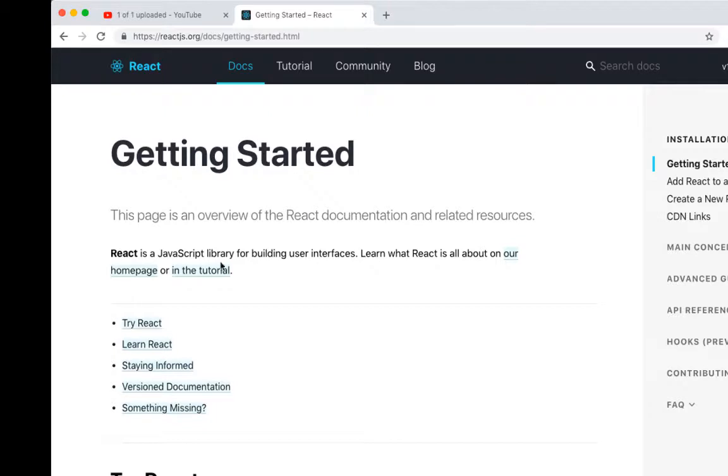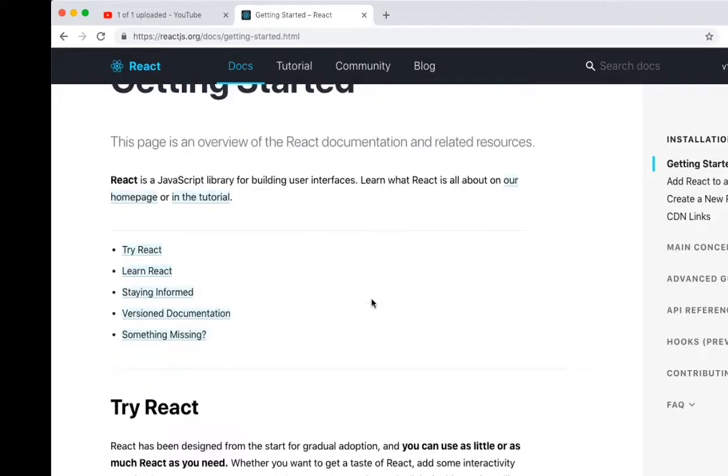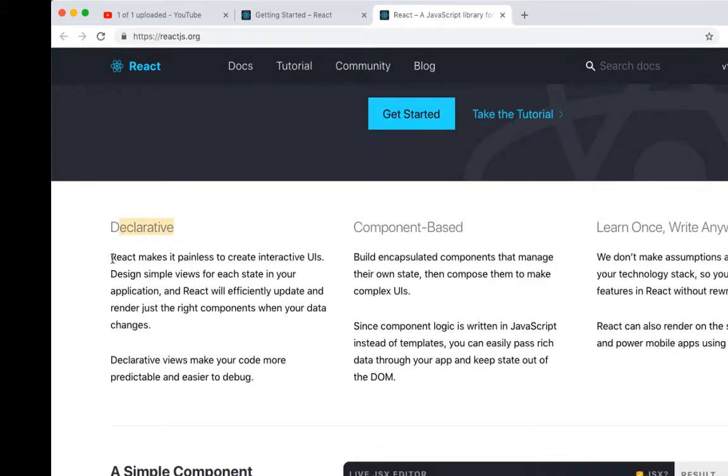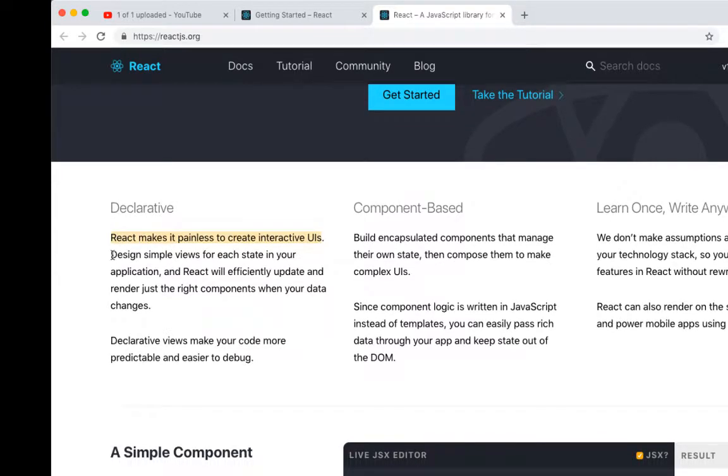Learn what React is all about on our homepage or in the tutorial. Okay, so let's see what their homepage is, which is this. So basically, they have declarative. React makes it painless to create interactive UIs. Design simple views for each state in your application, and React will efficiently update and render just the right components when your data changes. Basically, whatever state your application is in, you will just design a view for it, and then React will